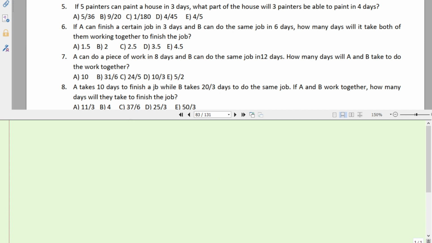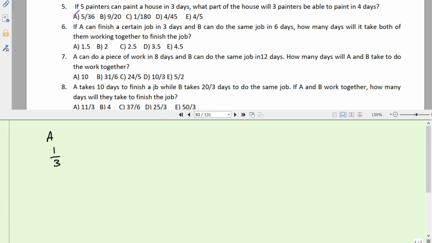Question number 6. If A can finish a certain job in 3 days and B can do the same job in 6 days, how many days will it take both of them working together to finish the job? If you want to add this 3 and 6, that will be wrong. So what you need to do, you need to convert it into rate per day. So A finishing the job in 3 days